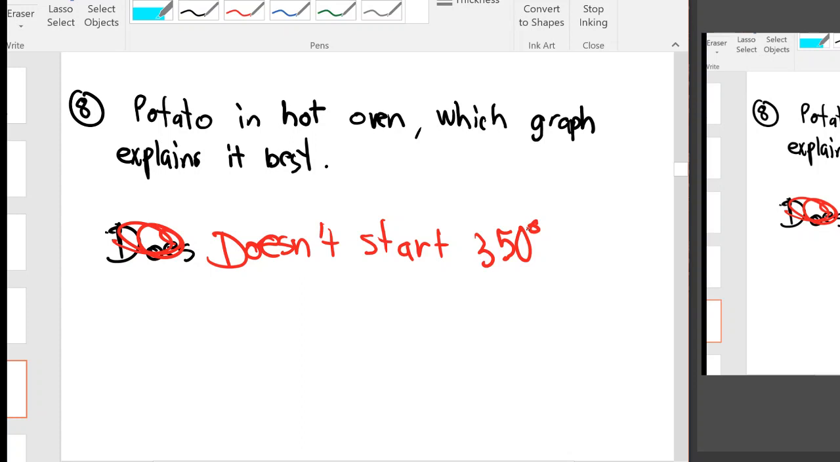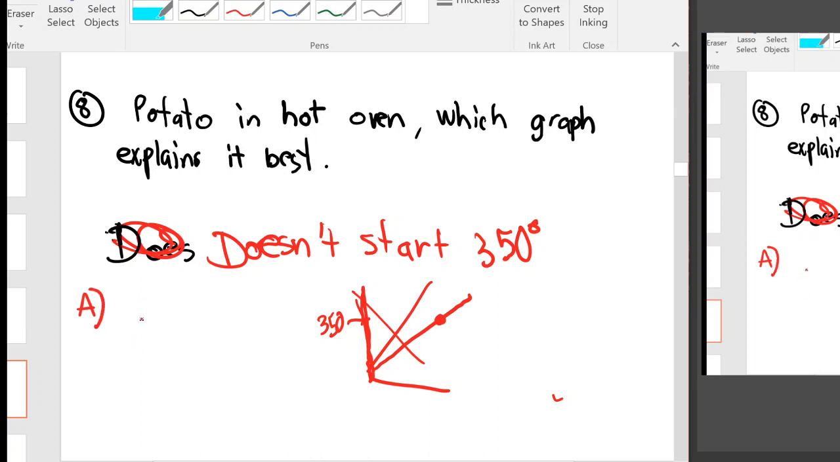Okay. And remember, at 350 degrees, when you're dealing with an oven, it's going to stay at 350 degrees. If you want to cook something at 350 degrees, you don't want it to keep going up. So you don't want something that goes like this, because if it goes past 350, then there's an issue, right? That means there's something wrong with your oven. So it's not the last one, only leaving A,